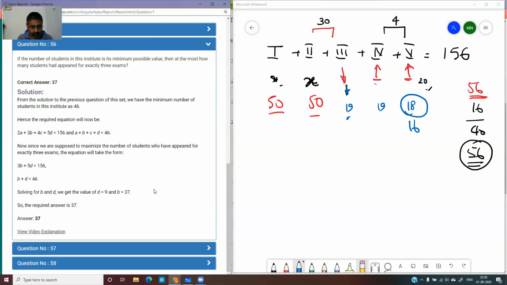So if you use this, there'll be no confusion. In my opinion, when you have indeterminate A union B union C, this is probably the best way to solve it. I've not seen a better way of solving it than this. And if that is determinate, and if you can get two equations, then A plus B plus C and A plus 2B plus 3C is the best method. If A union B union C is not given, then 1 plus 2 plus 3, that I think is the best method.